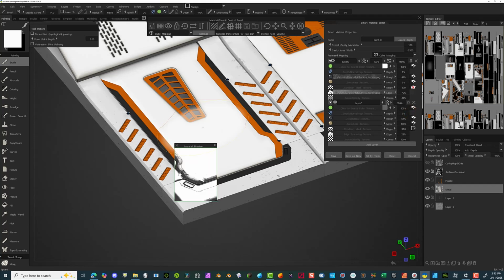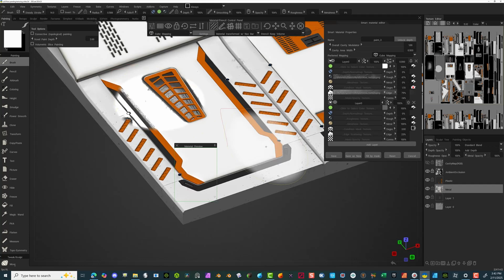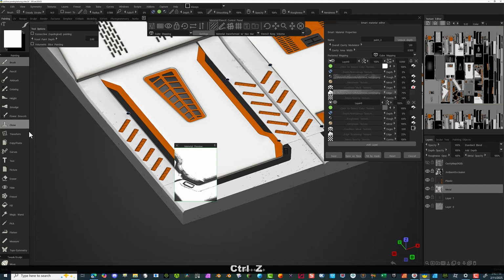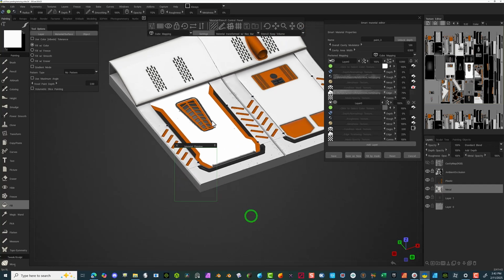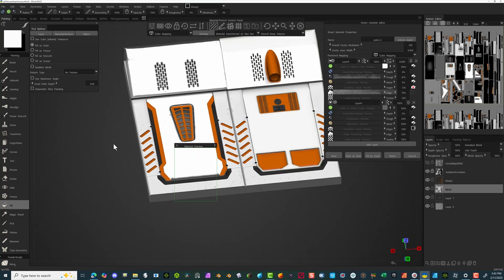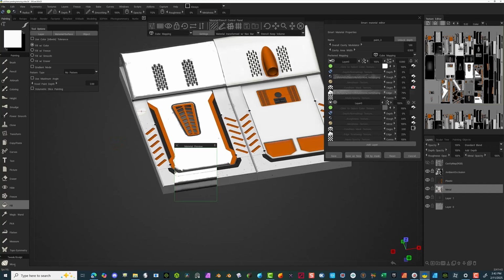So let's try to see what this looks like. Let's go ahead and click on here and see what that gives us. Control Z. I want to make sure I use the fill. So again, fill. And yeah, that gives us a nice little edge around. I kind of like the white. It's more of a bright white. And see what this one looks like. So yeah, that added a little bit more of a worn look. And then if I do all these the same,